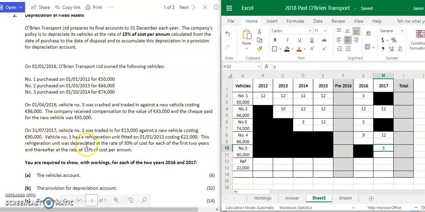And then the refrigeration unit was fitted on the 1st of 1st, 2013. So in here, 1st of 1st, 2013. So we're going to have it for 12 months. We don't have it for 2012. And then it was traded in on the 31st of 7th, 2017. So here, we only had it for